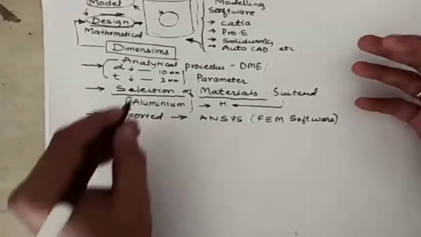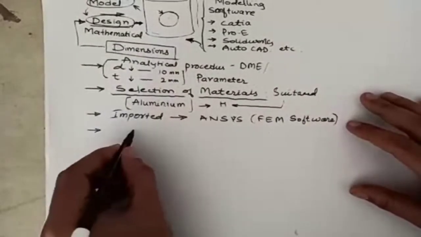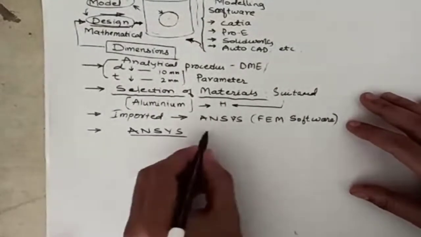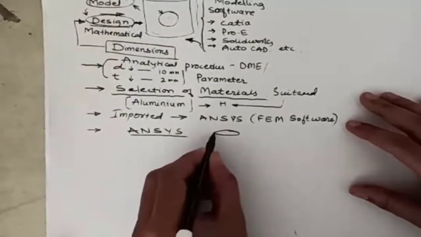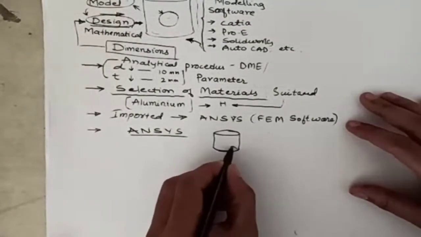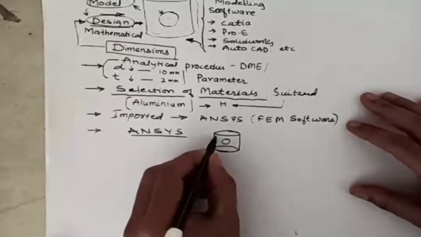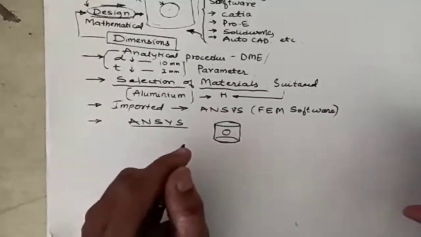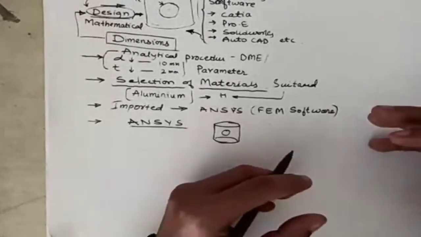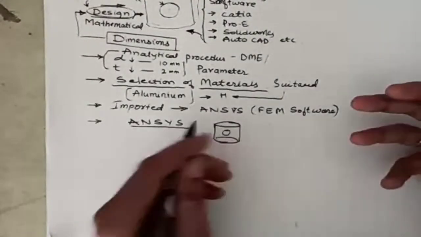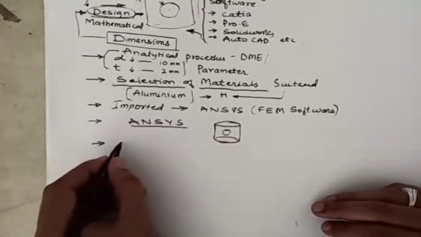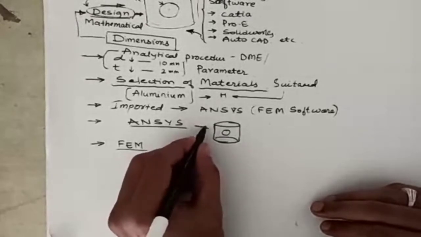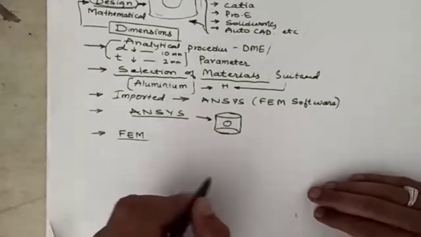The same model will be generated again in ANSYS. Whatever you have created, the same model appears in ANSYS also. There will be no changes. Now after importing, there are some steps needed for the model. Now we will start the FEM procedure. Once the model is imported, the next step is FEM.